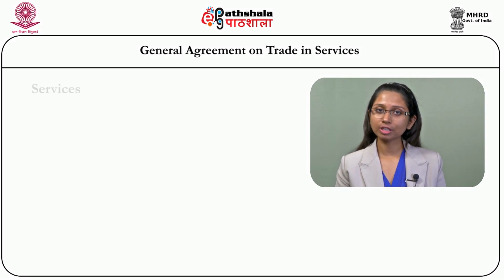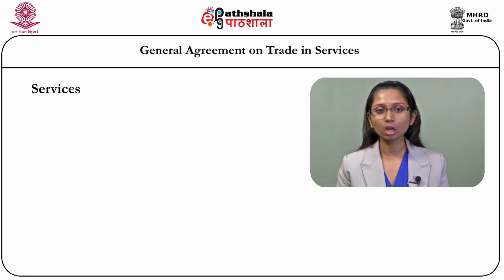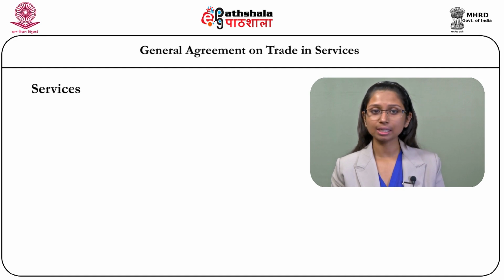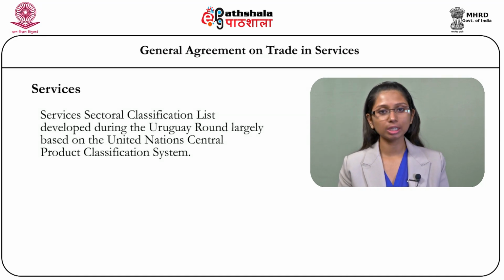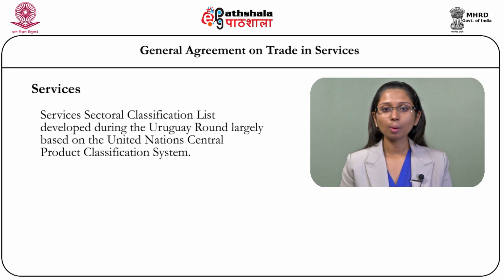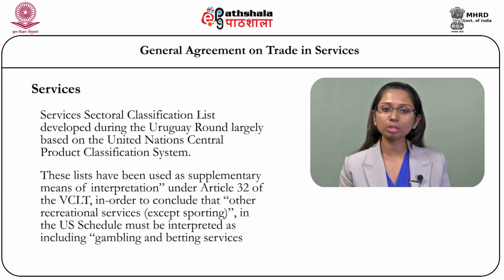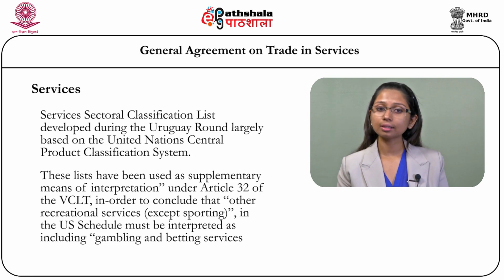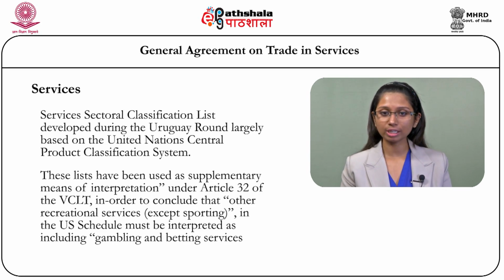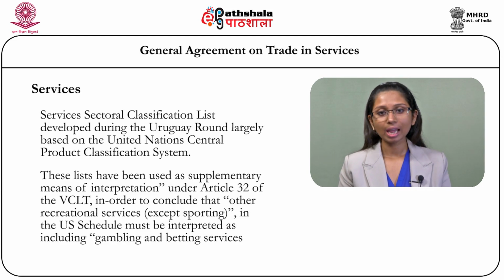Now, with respect to the meaning of services, the GATS does not define what services are per se. However, there is a heavy reliance that is placed upon the services sectoral classification list, which has been developed during the Uruguay round of negotiations, largely based on the United Nations Central Product Classification System. This list has been used as a supplementary means of interpretation under Article 32 of the Vienna Convention on Law of Treaties in order to conclude several meanings and interpretations of the term services as they have arisen before the